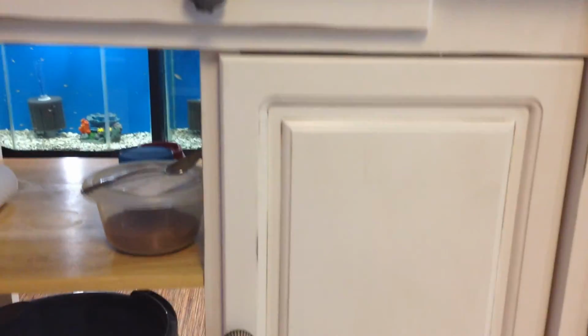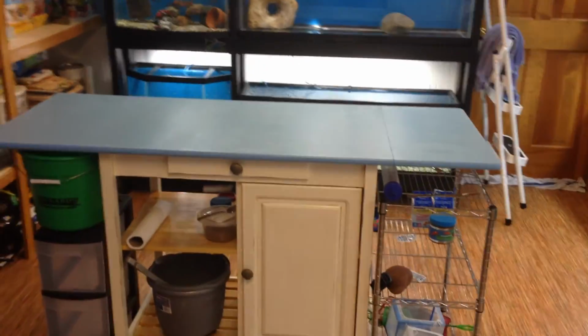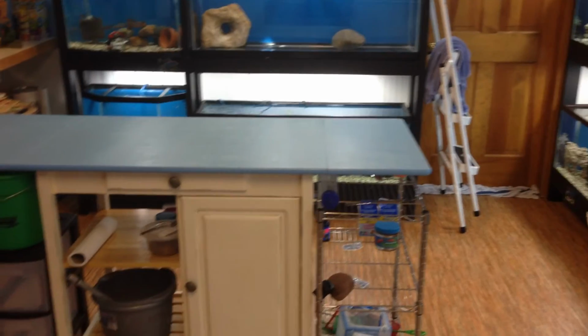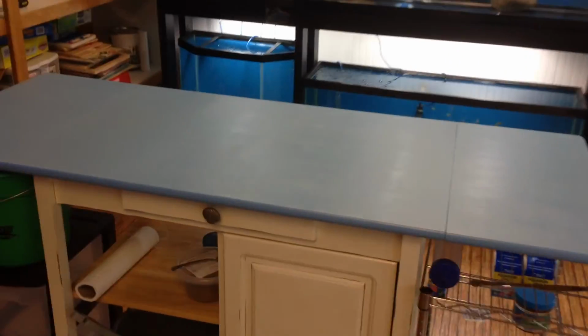Turned out pretty cool. From what it looked like when we got it till now, night and day. It's going to serve a good purpose. Fits in here nice. We can fold those wings down if we want a little bit more room. So that's our stand. Next thing,